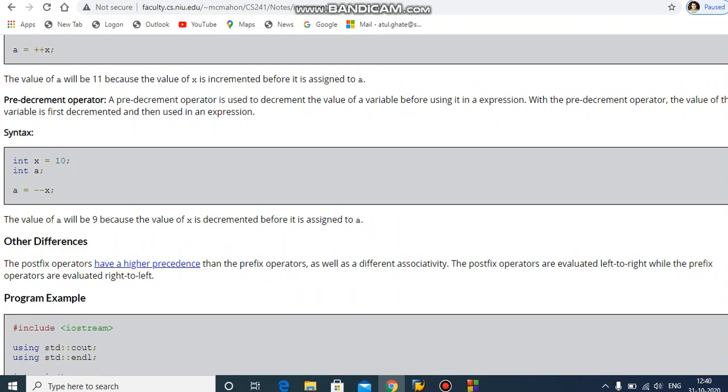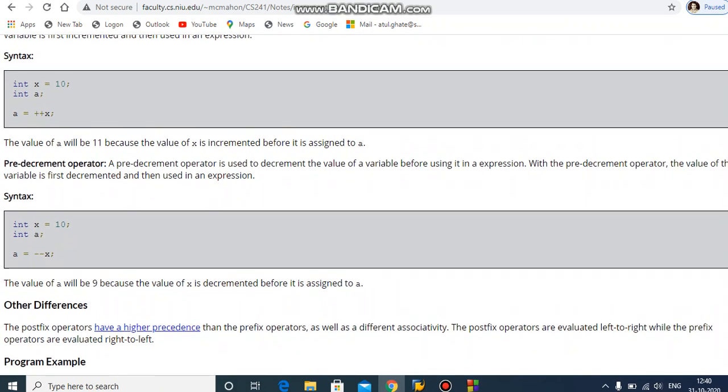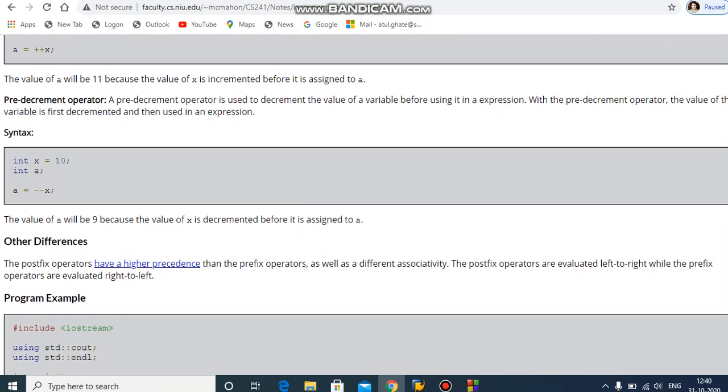So the value of x equals 10 minus 1, that will be 9, which is first decremented and then assigned to the variable a. This is the basic difference between pre-decrement and pre-increment operators.